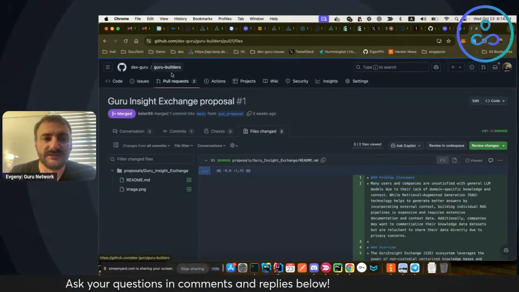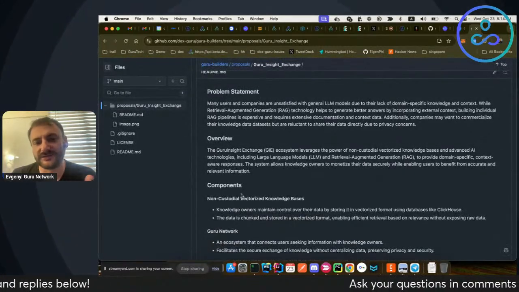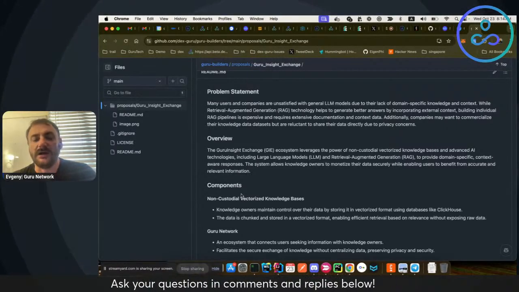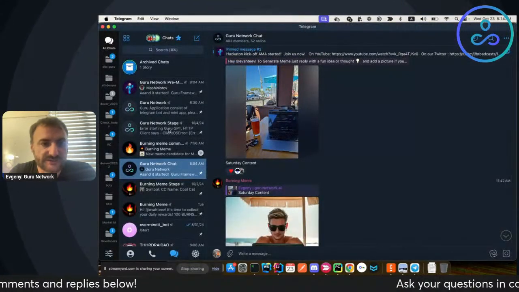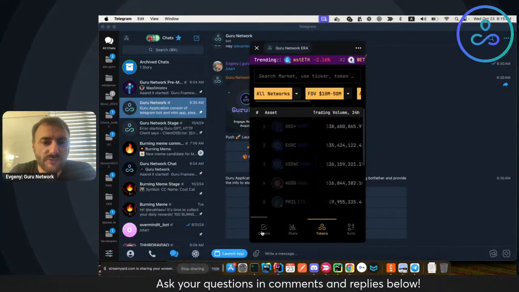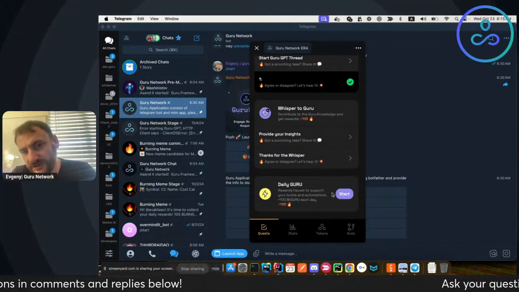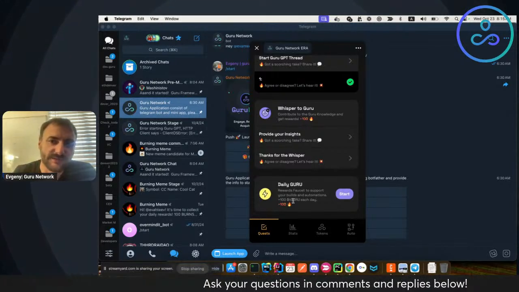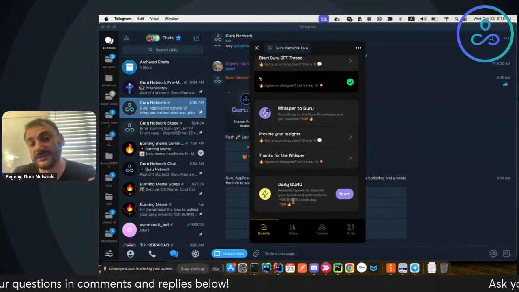And that actually aligns pretty well with another proposal we have for Guru Insights Exchange, which we are building an infrastructure for right now. We already have the knowledge base integrated into the data warehouse, as well as inside the applications themselves. So when you go into the Guru Network application, there are quests where you are providing more to the Guru GPT knowledge base, and then you get rewarded for it, and then you can use this knowledge as an AI agent, in the form of a chatbot or inside the app. So all those mechanics are possible.